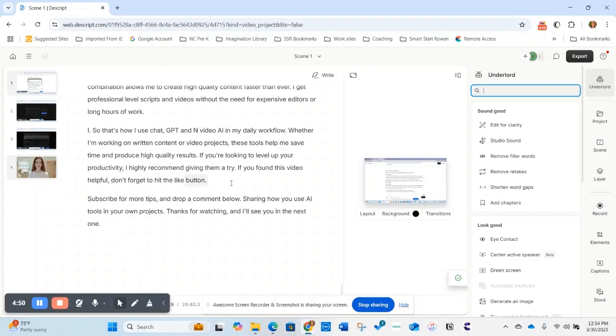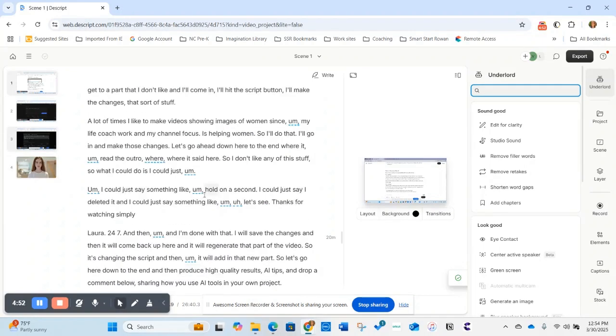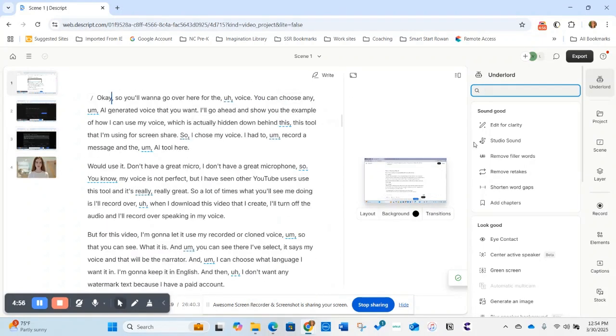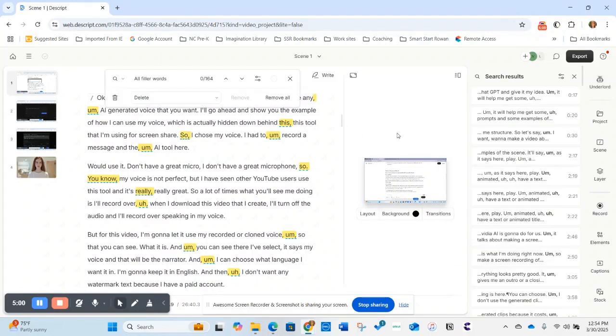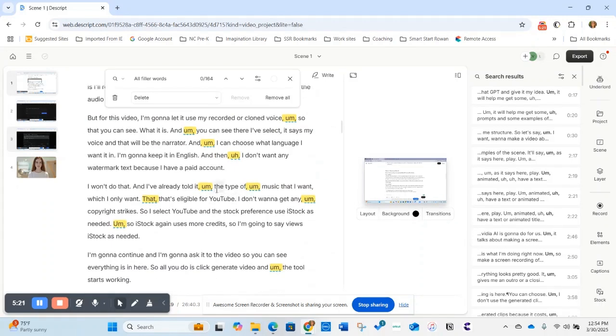Just scroll down to the bottom. Okay, looks like everything has been transcribed. So let's go ahead over and remove filler words. So look here. There are 164 times that I repeated the word twice. There's this and this repeated twice. I have a bad habit of saying, however, you might not really know. I repeated the word that